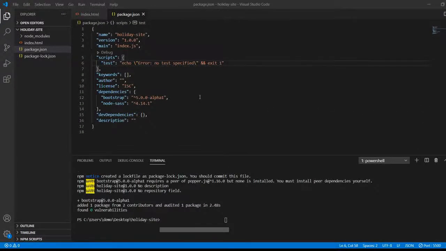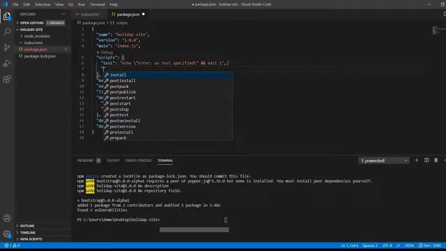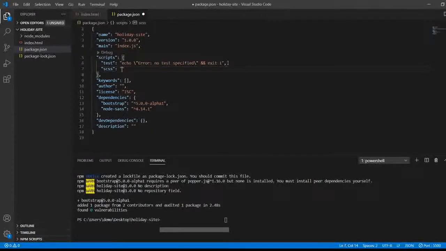Okay, next thing is we need to tell our application to convert our SASS files into CSS files. In order to do that, we need to put in a configuration under the scripts. So we need to go to the end of the line where it says test echo. You go right at the end of that line, put in a comma, press enter, and open inverted commas, and put in SCSS, close inverted commas, and it's a colon, and space, open inverted commas again, and it's